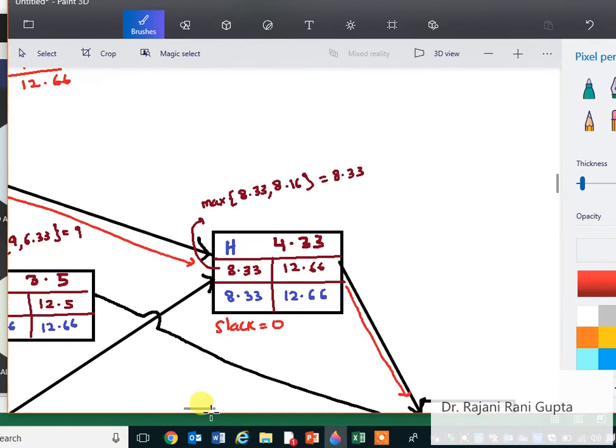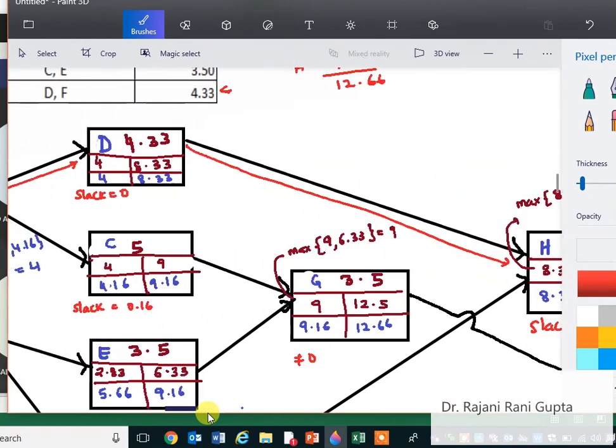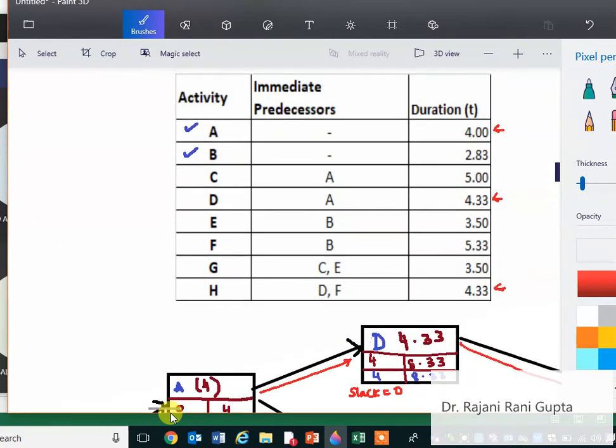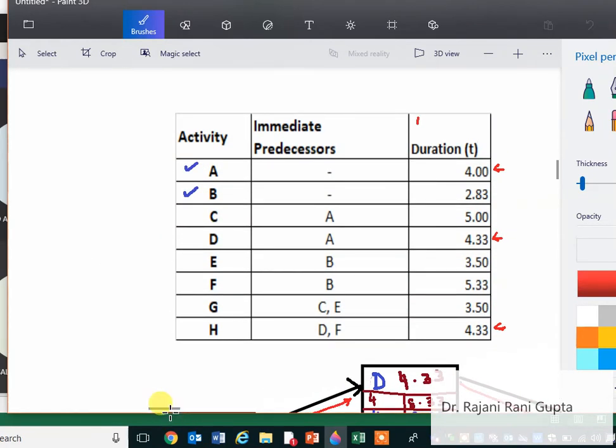So this is how we finish the network diagram by using PERT. So the only difference is here we calculated the duration T by using the formula (A plus 4M plus B) over 6, because we were having the optimistic time, pessimistic time and most likely time. So we combined them and got one time duration, drew the network diagram and completed it.